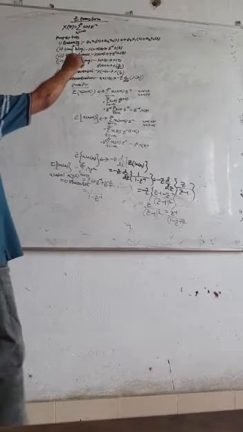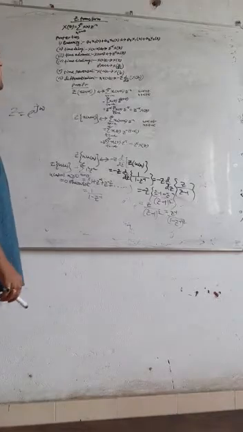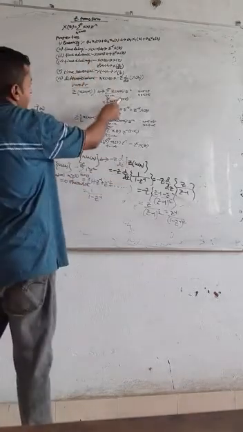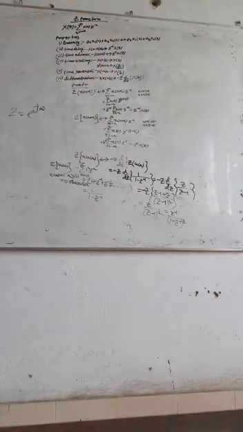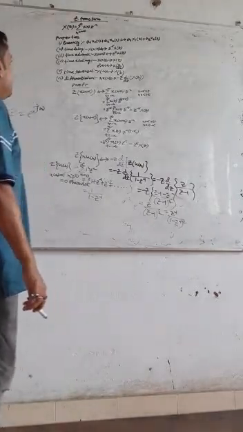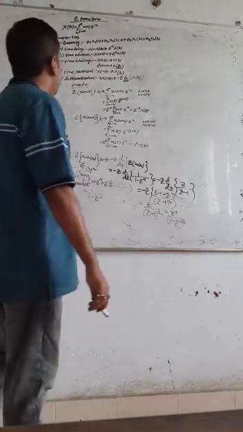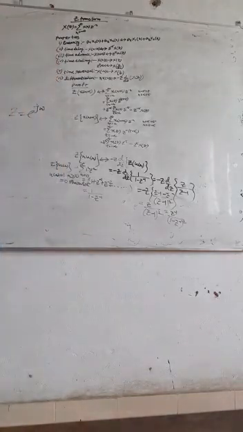This is the linearity property. A1 x1(n) plus A2 x2(n). If you perform Z transformation on it, the result will be A1 X1(z) plus A2 X2(z). This is the time delay property, x of n minus k. If the input signal is shifted in a time delay manner by k, the output Z transform will be z to the power minus k X(z).